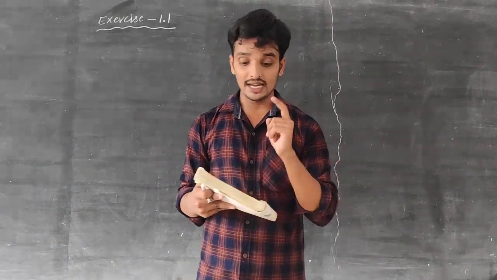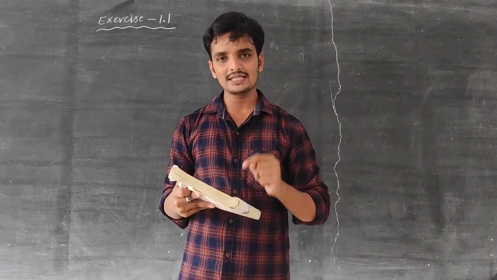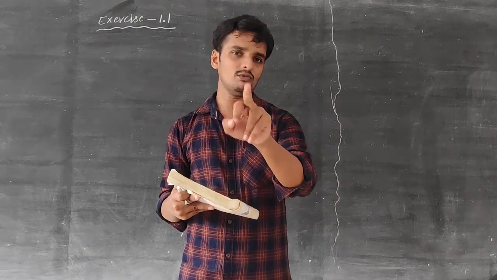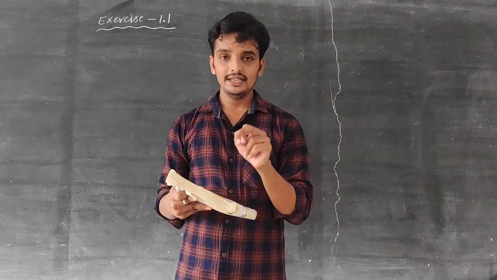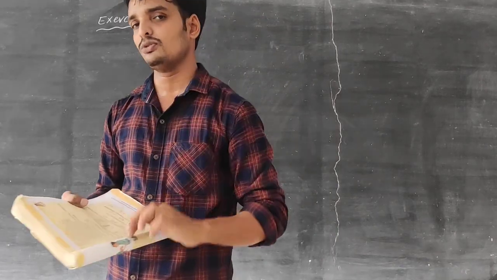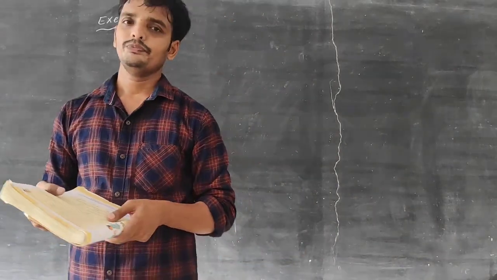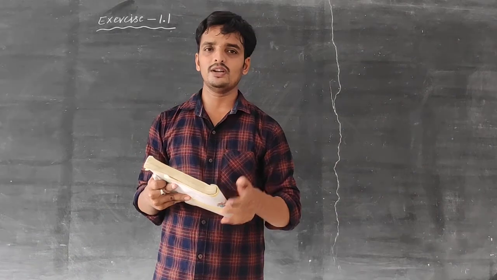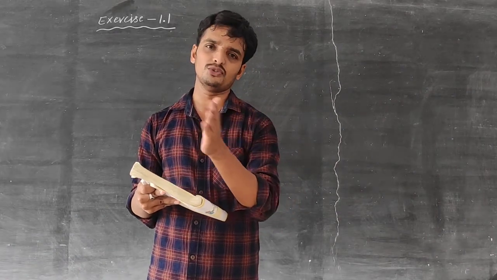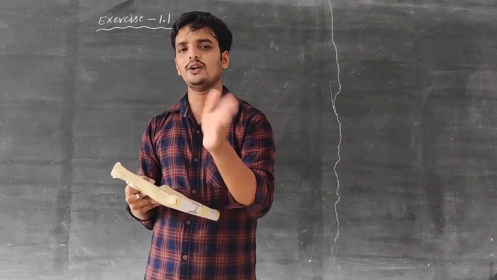It is a rational number, but it is not an integer. We have to write one rational number that is not an integer. They are asking only one example, but in your CW, not only one, you have to write 3 to 4. I will tell you some, so we have to add some.